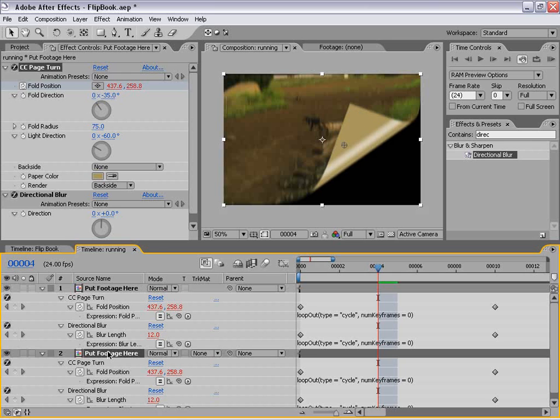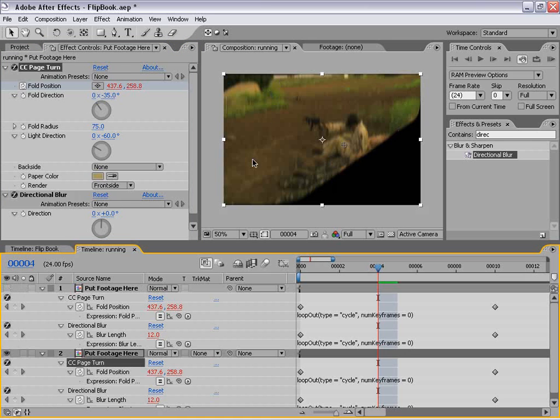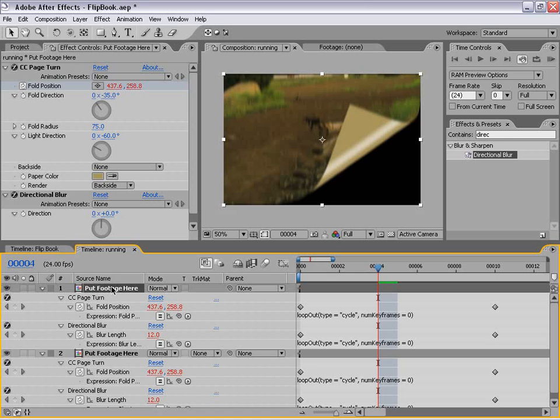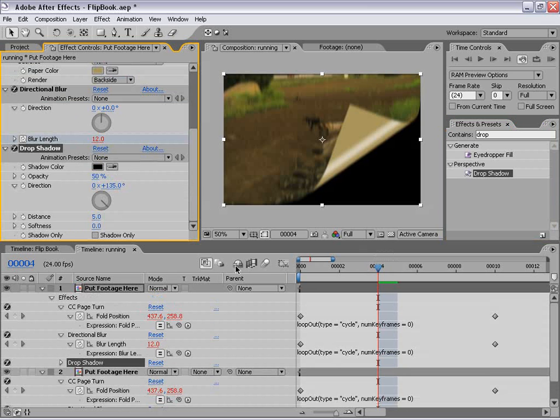Now, for this bottom layer, we also want to change the render mode to front side only, so that now all it is just this portion. And the reason we do that is so that we can add a drop shadow that applies only underneath this layer instead of the entire layer. So I'm going to select our top layer, go to the effects presets, I'm going to type in drop shadow, and then I'm going to take this drop shadow effect, apply it to the top layer, and we want to